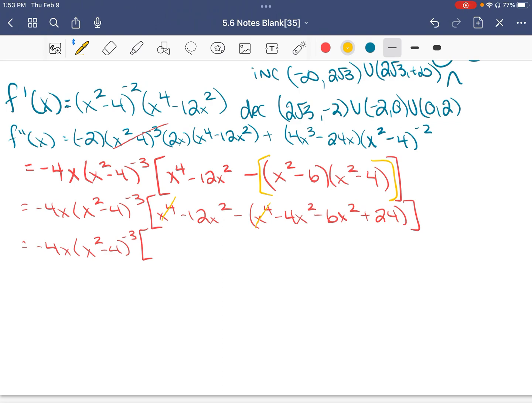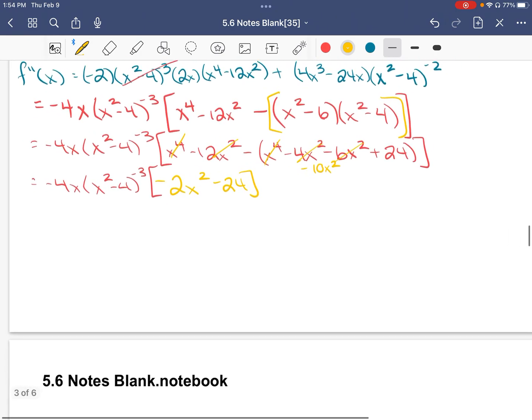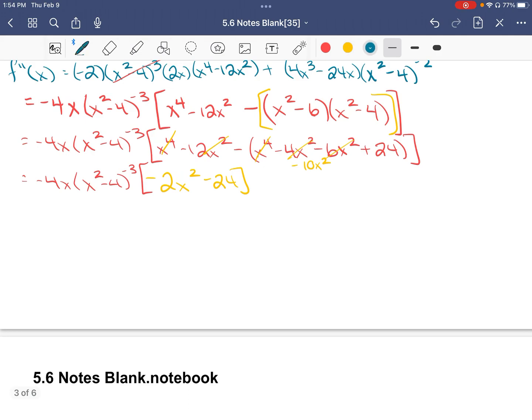Negative 12, so this is minus 10x squared, so that is going to give me minus 2x squared minus 24. So with that, we can always take out more common factors. So I see that negative 2 is common. So 8x, x squared minus 4 to the negative 3. We took out a negative 2